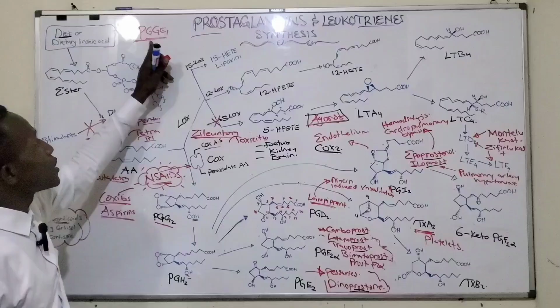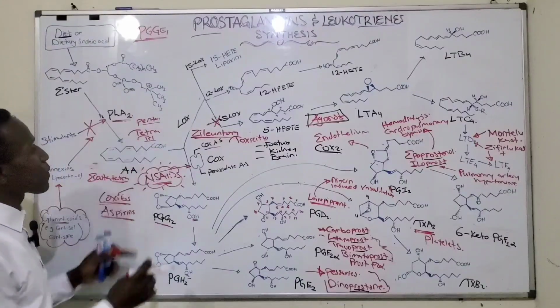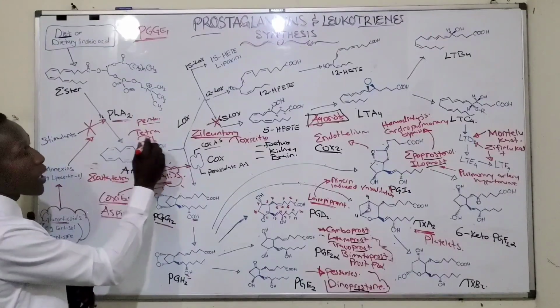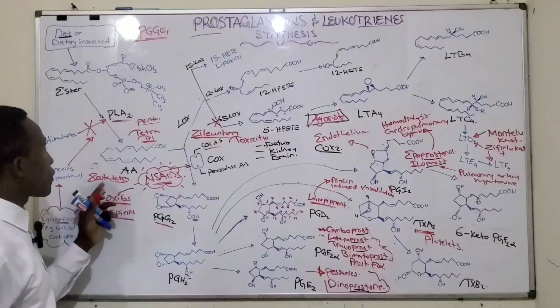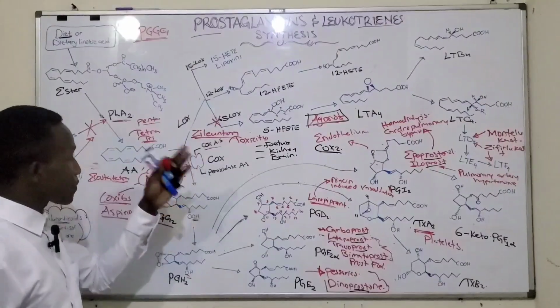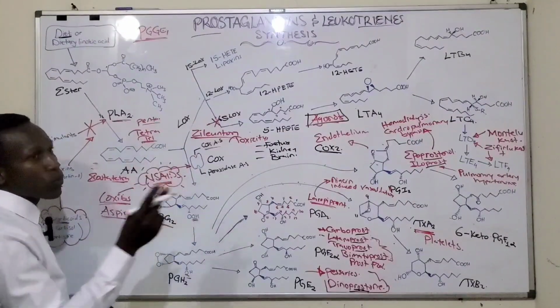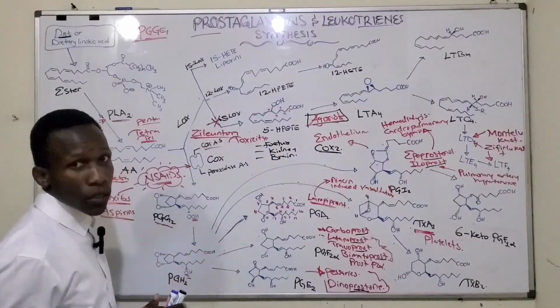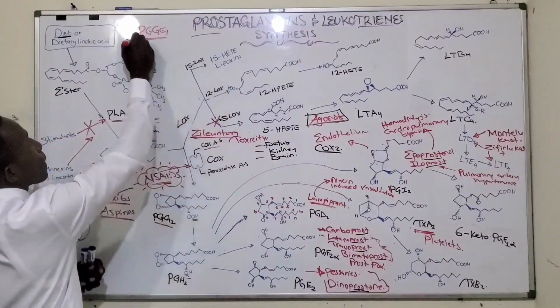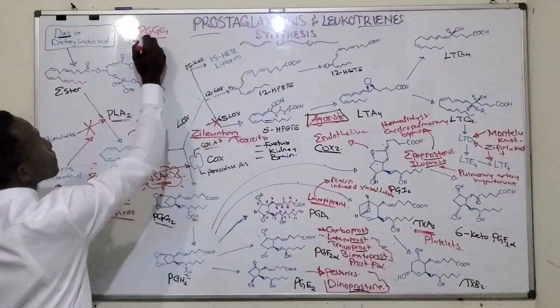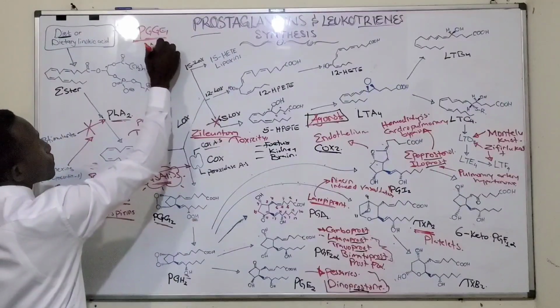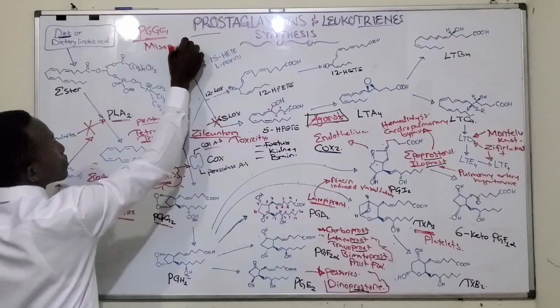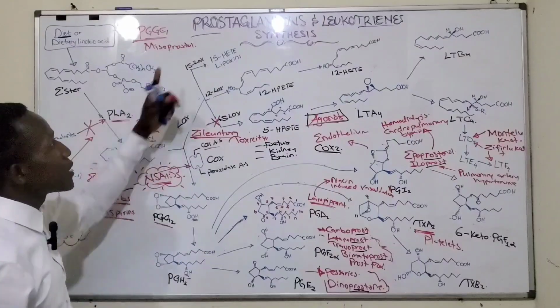So prostaglandin E1 is produced from eicosatrienoic acid. Meaning that the 2 bonds are saturated, we remain with 1 bond in the side chains. So we have drugs like misoprostol. This is a prostaglandin E1